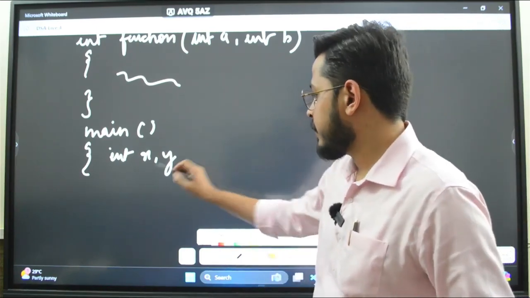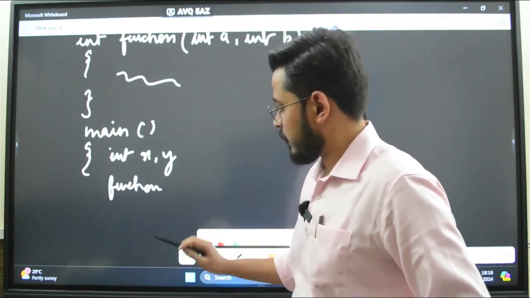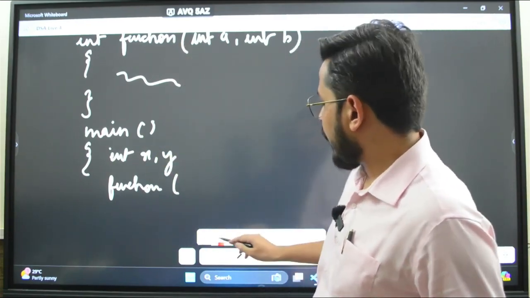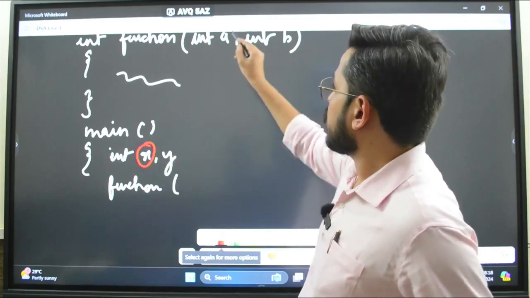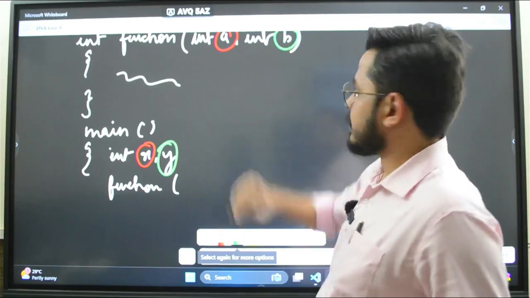I am going to call this function and pass these values. I call function and I want to pass this x value to this a and this y value to this b, for example.